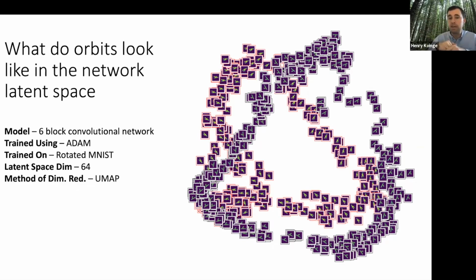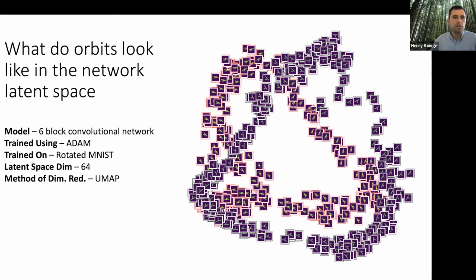And it shows, for example, or suggests that these models actually group the digits, different parts of different orbits together. So rather, if these were truly invariant, you would expect the orbits to be separate. In fact, that doesn't seem to be the case. The model seems to have learned different rotations or the same rotation of different digits together, which is definitely not invariance.